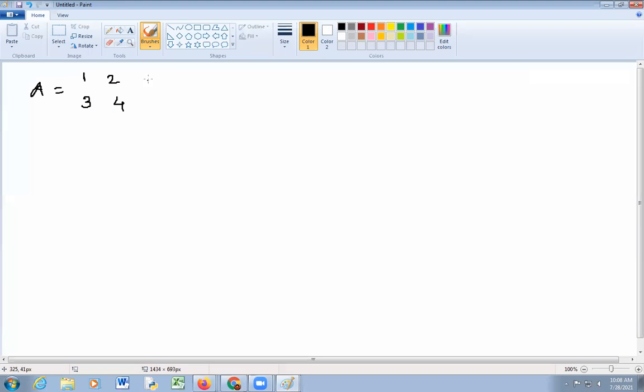So this is row 0. This is row 1. Similarly, this is column 0.